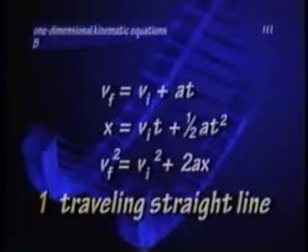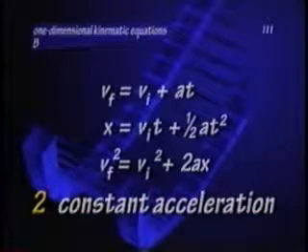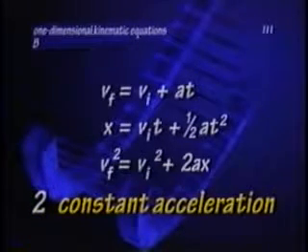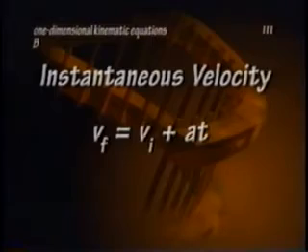First, the object must be traveling in a straight line. And second, the object must have a constant acceleration. That is, the average acceleration has the same value all the time. The first equation we use to obtain